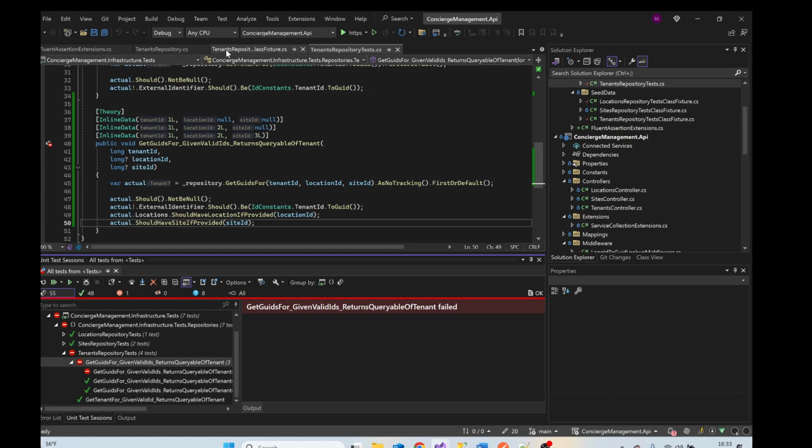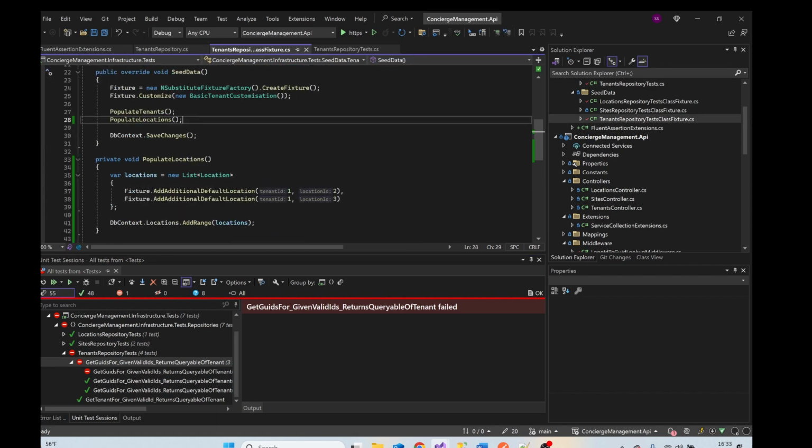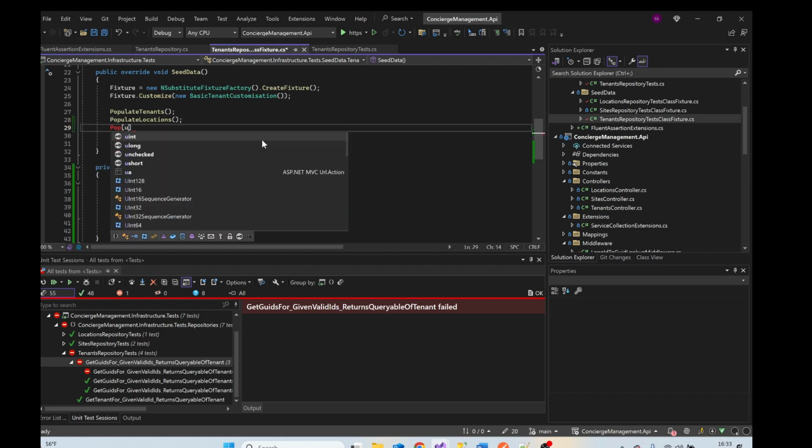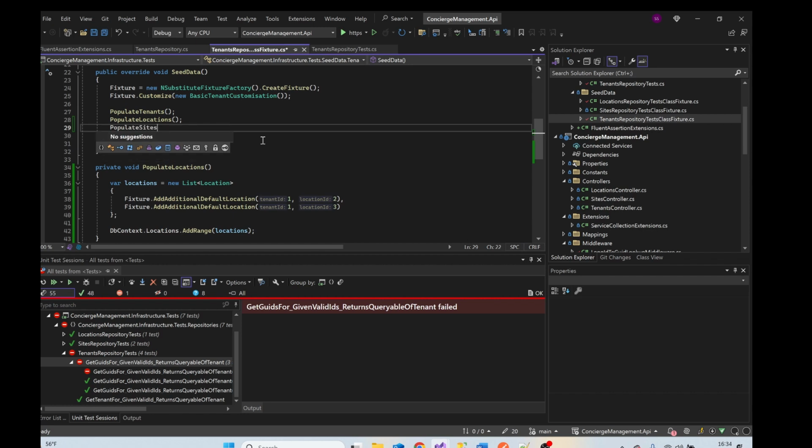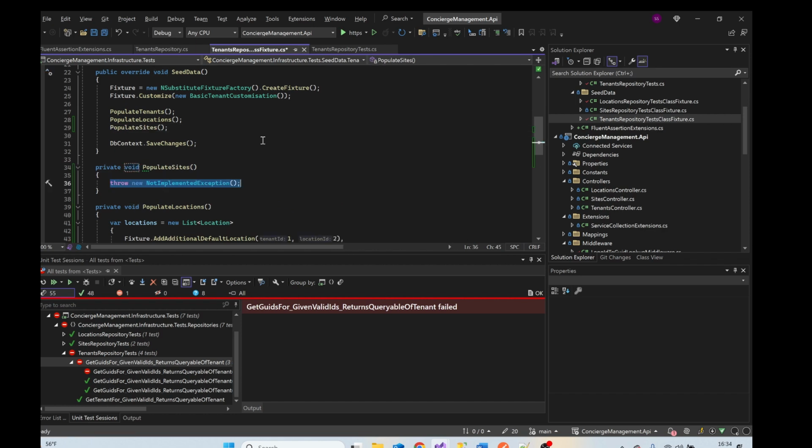So we're not seeded in data. But before we do seeding it, yeah, let's seed in data. So I'm going to call it populate sites, create a method, populate sites,